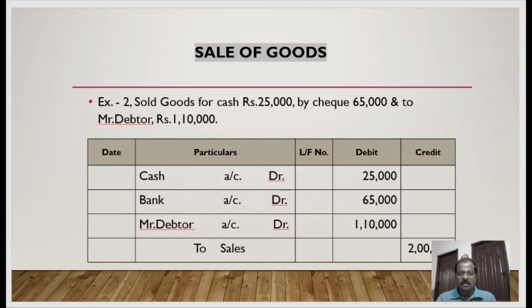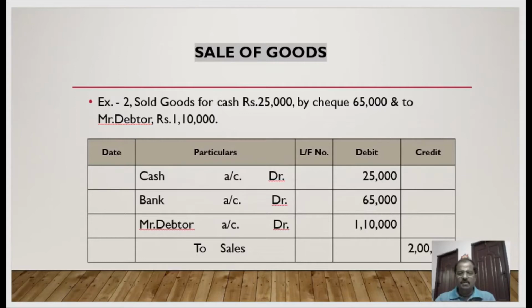Right? So in all these things, you have got three different modes of payment. At the same time, a sales transaction involving three different modes of receipts. So here you have got sales to the tune of total 2 lakhs income. Sales income, credit all incomes and gains, sales you have got for 2 lakhs. How did you receive the payment? In what mode of payment? Like, debit what comes in. Cash sales, you had got cash sales, cash coming in, debit what comes in 25,000.